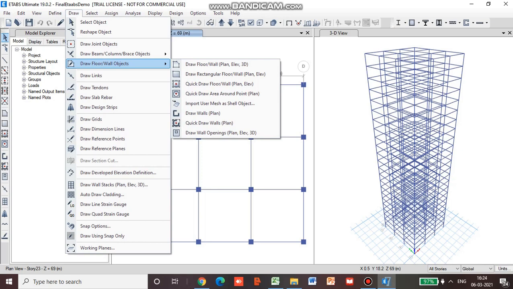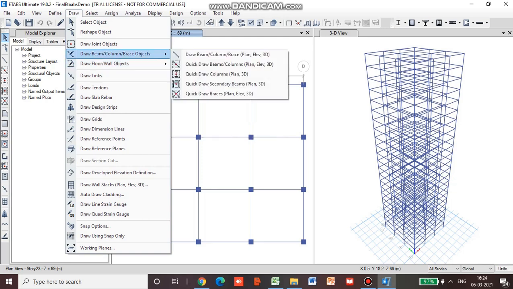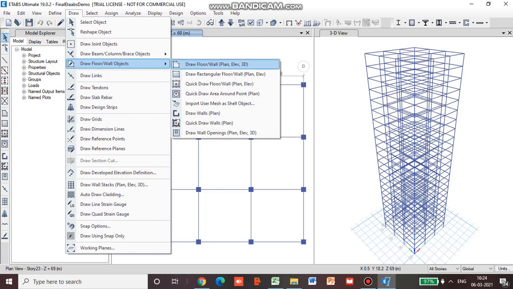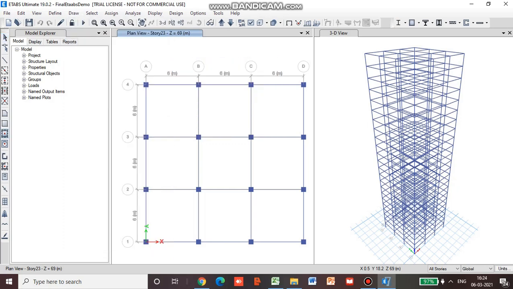Draw for floor wall objects, and you can see here draw quick draw floor wall plan.